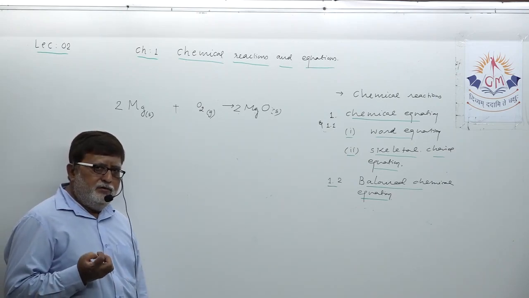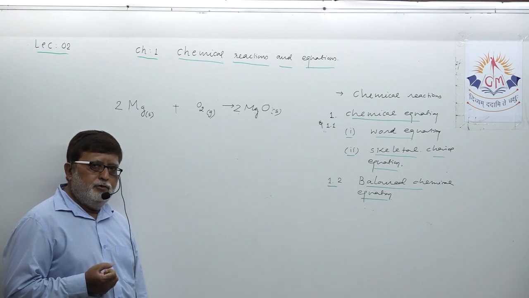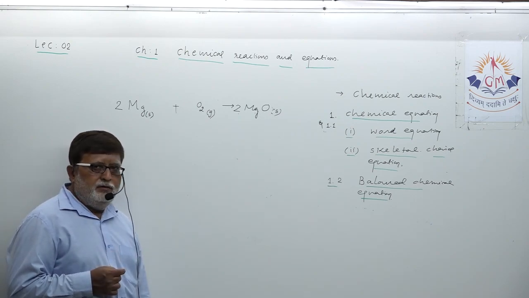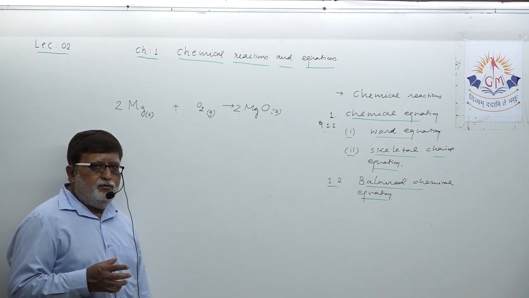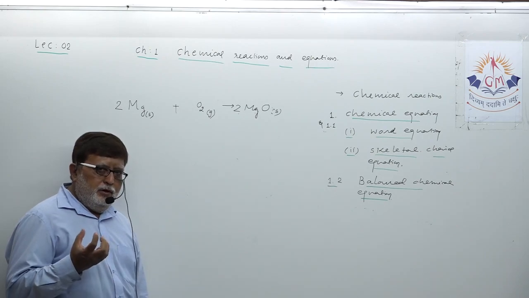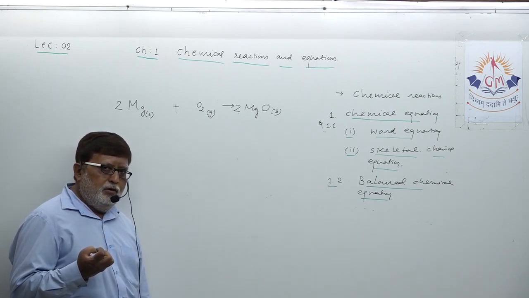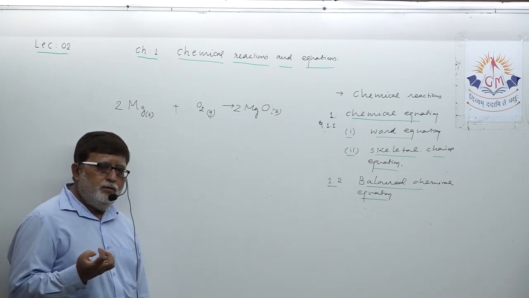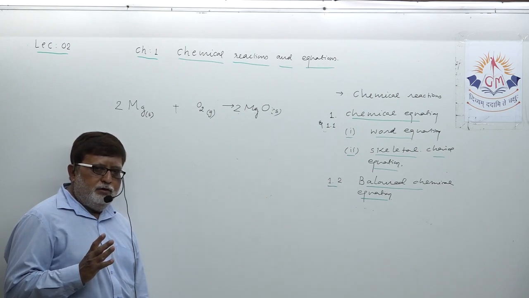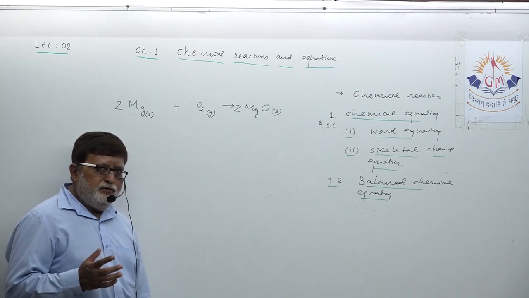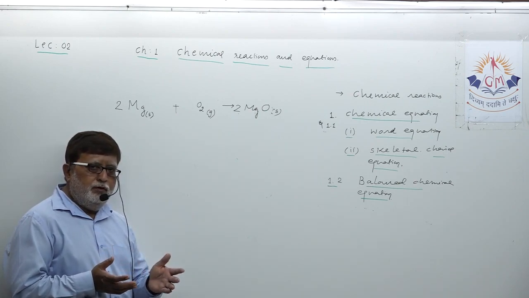Why is there a need to balance any chemical equation? So dear student, while you are balancing the chemical equation, actually you are trying to follow the universal law of conservation of mass. You all know that the total mass in the universe remains constant, like energy. Actually, mass and energy are two words